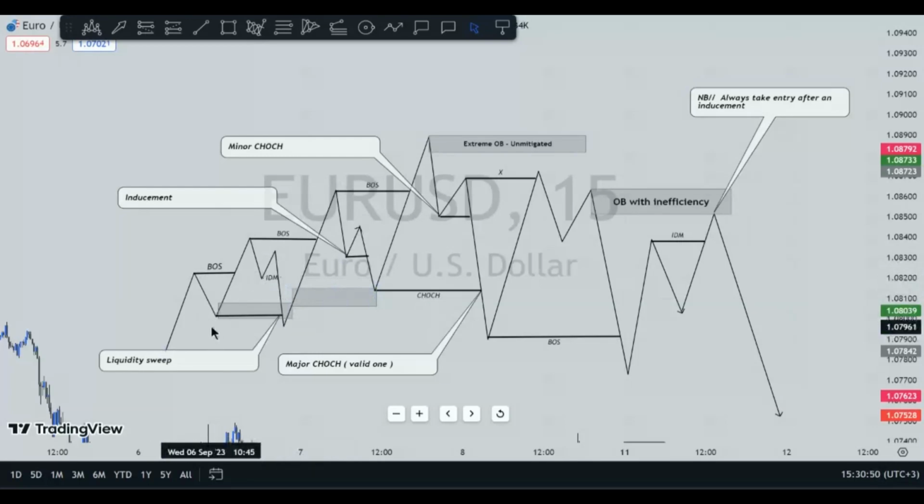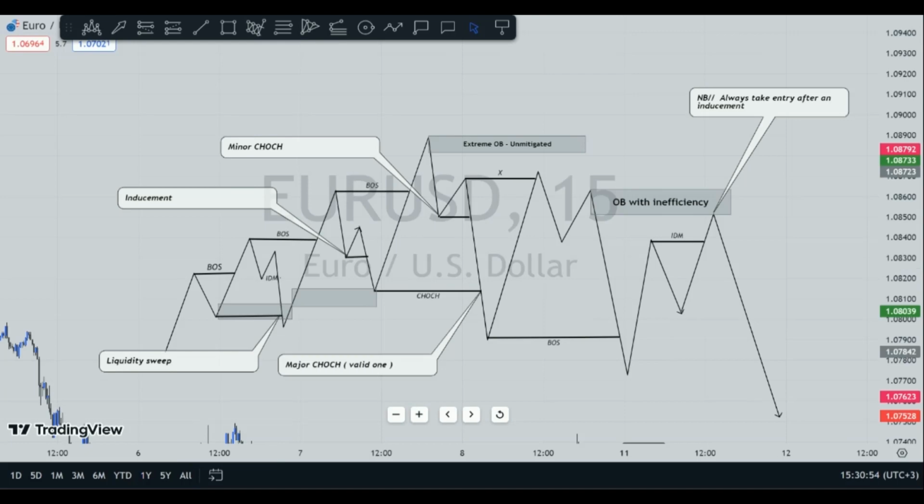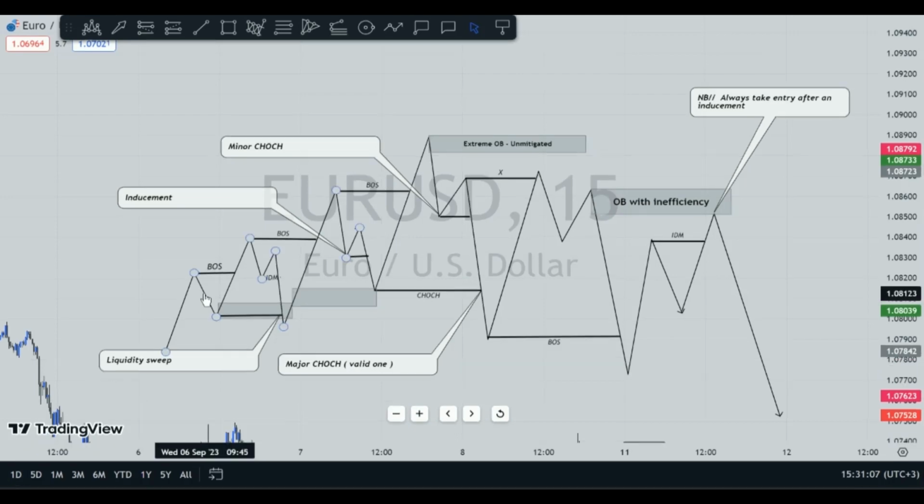So after breaking this first higher high over here, price moved up, and then